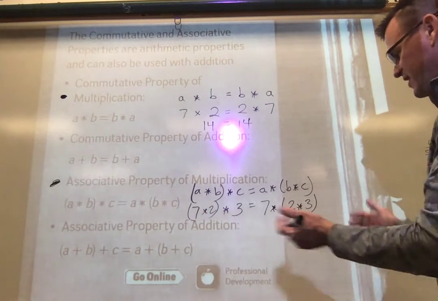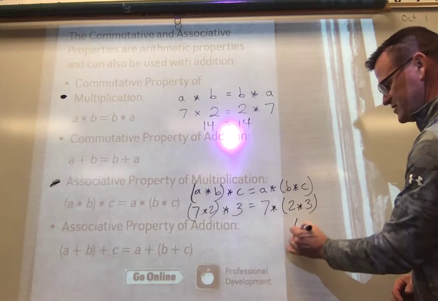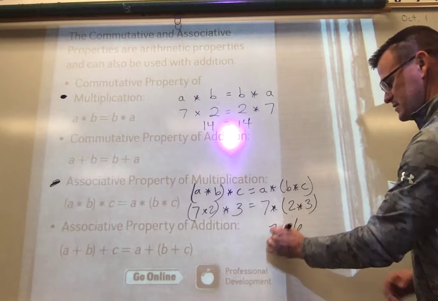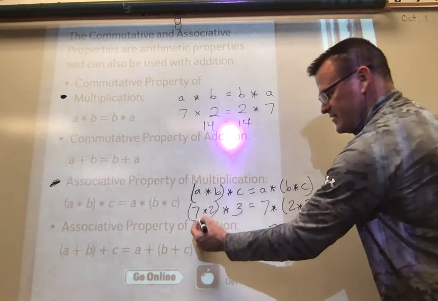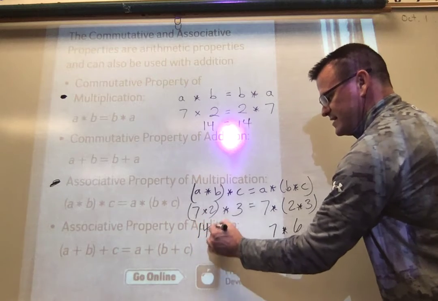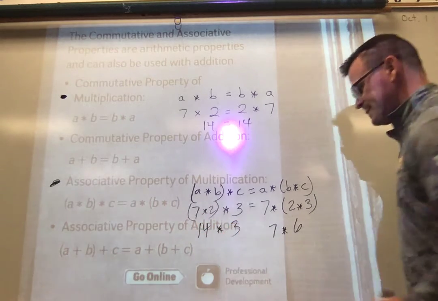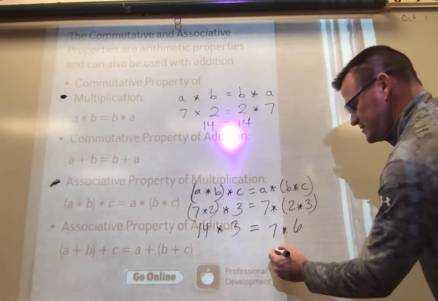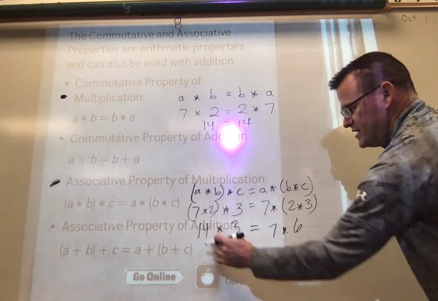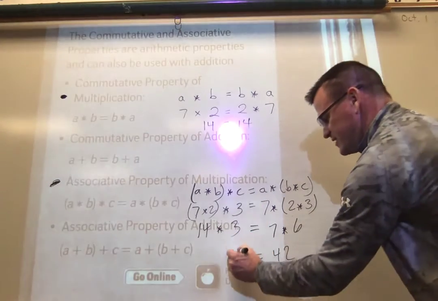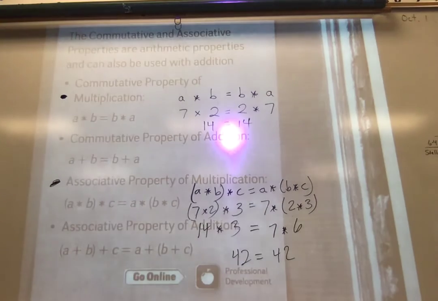And if I solve this following my PEMDAS, I knew I'd do parentheses first. So this would be 6 times 7 on this side. And on this side, 7 times 2 is 14. And that's going to be left with times 3. And those still equal each other. And I know 7 times 6 is 42. And if I do 14 times 3, I'll also get 42. So again, that's proven that I can do it in any order, and we get the same answer no matter